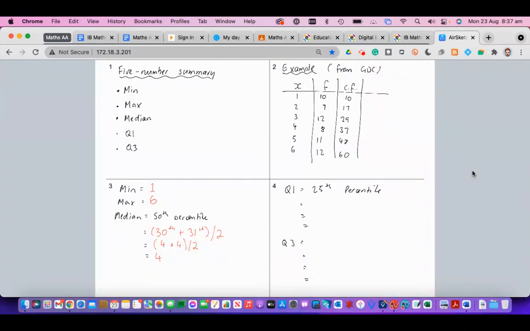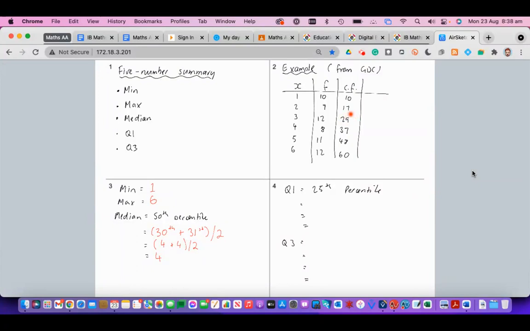Richard, yes. Do we really have to do a calculation if I can see that the 2 middle scores are the same score? No, of course not. If you can see the 30th and the 31st are actually the same score, then you can just chuck 4 out. So I've put the calculation there as a matter of completeness,